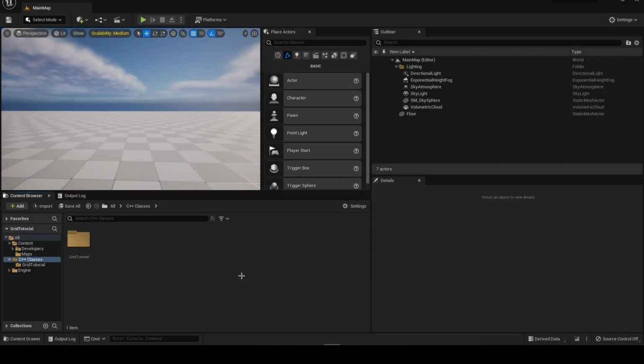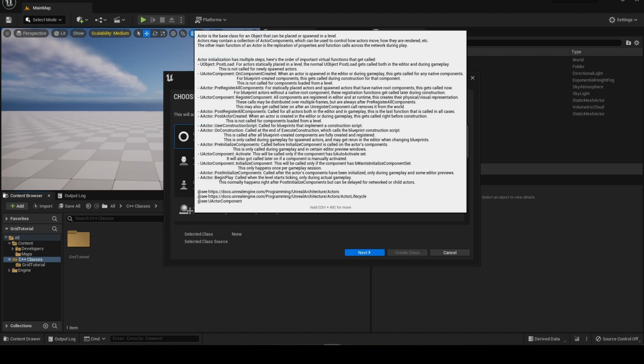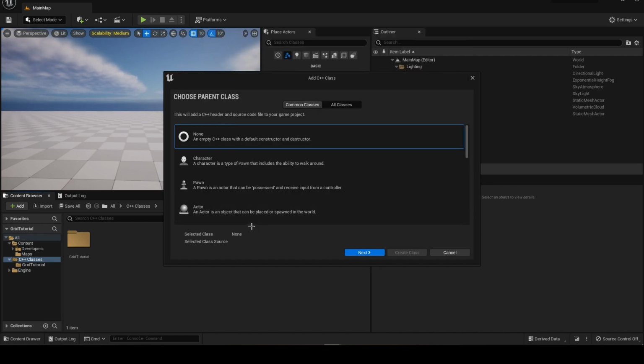Hello guys, today I'm going to show how to make a simple grid system in C++. First, we are going to begin with creating the C++ class. Let's go to the C++ classes, select new class, and we are going to create a class that derives from